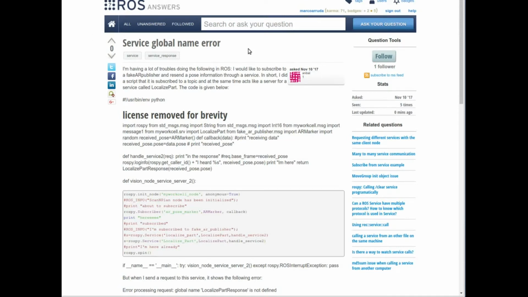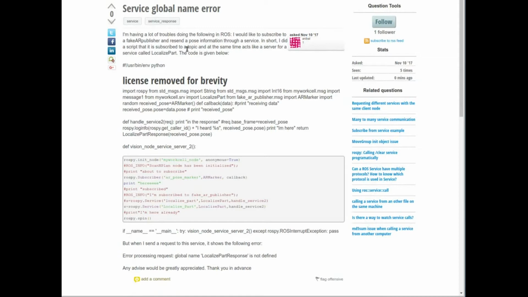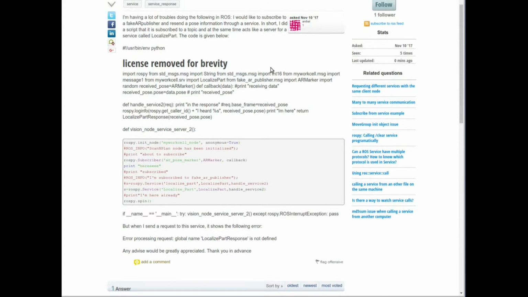First of all, let's try to understand what is happening here. The user wants to subscribe to a topic, which is a fake AR publisher, and resend the pose. So he's subscribing to a pose message, and he wants to provide the pose information through a service, okay? He has a script that is subscribing to this kind of message, and at the same time acts like a server for a service called LocalizePart. Okay, great, so let's try to reproduce the problem and find out why it's not